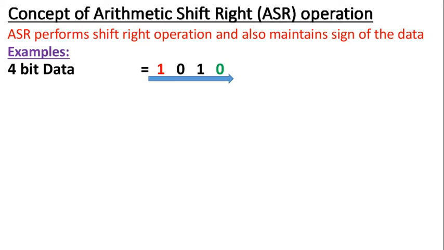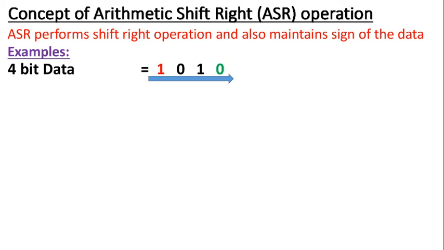But whenever we perform such a shift right operation, observe the given data carefully. Its MSB is nothing but the sign bit, which is shown in red color. It is simply copied down as it is. So this red colored MSB will be copied as it is. It is my MSB, the sign is maintained. And then every bit is shifted towards the right, including the MSB as well.